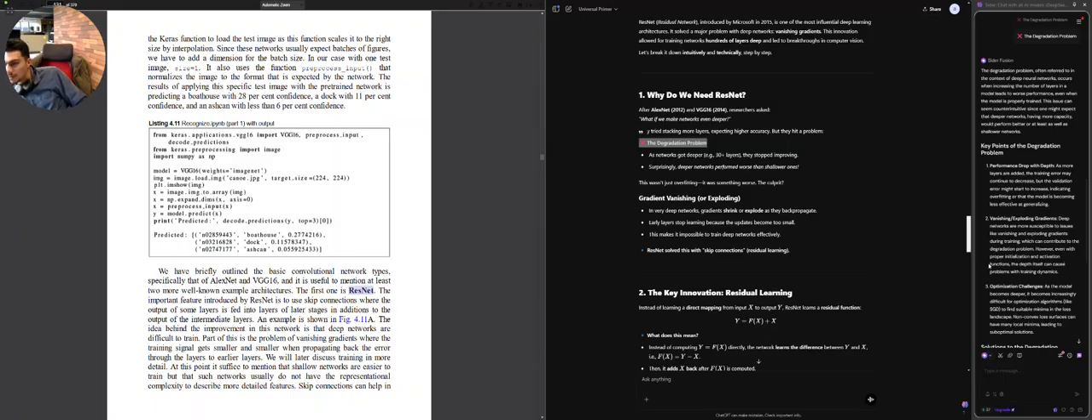Even with proper initialization, it is an optimization challenge as networks become deeper. It's become increasingly